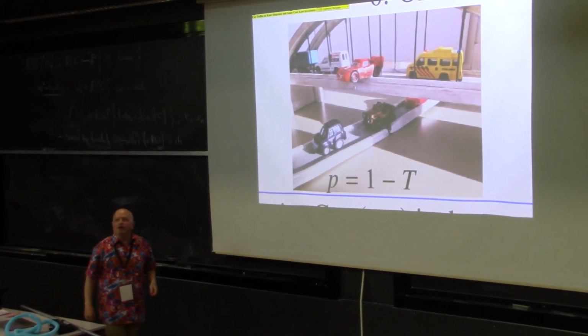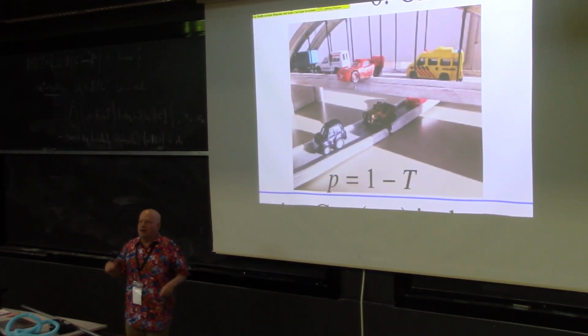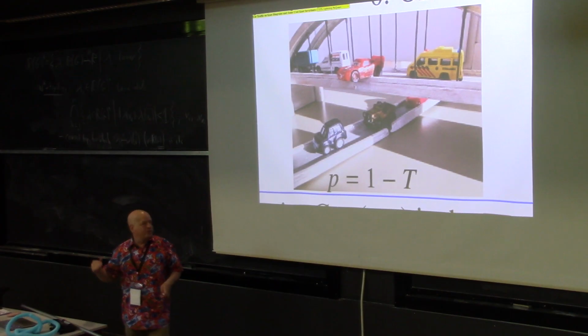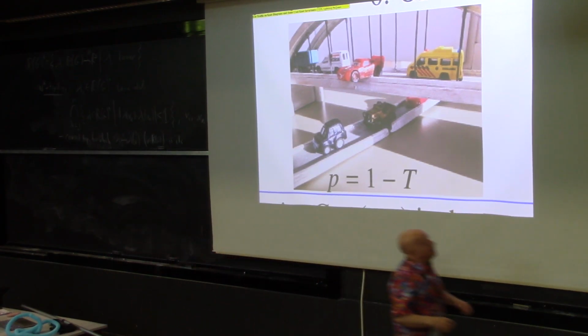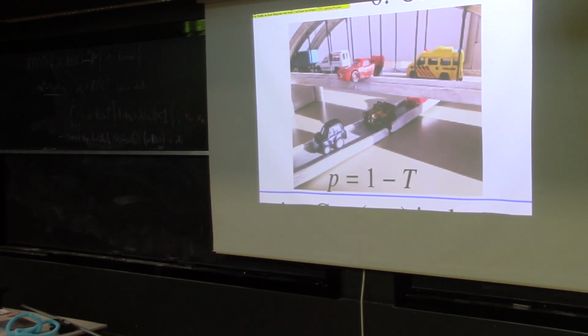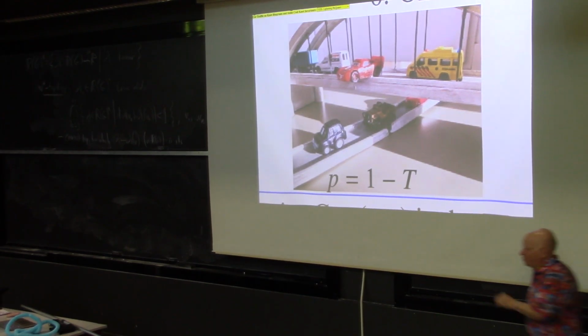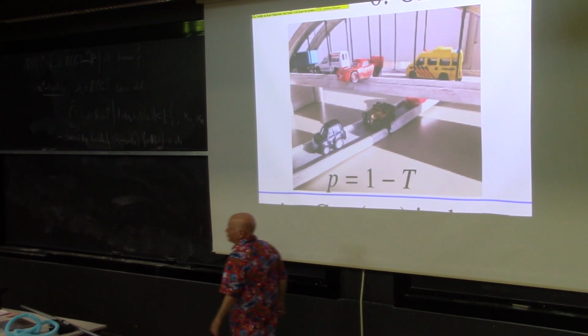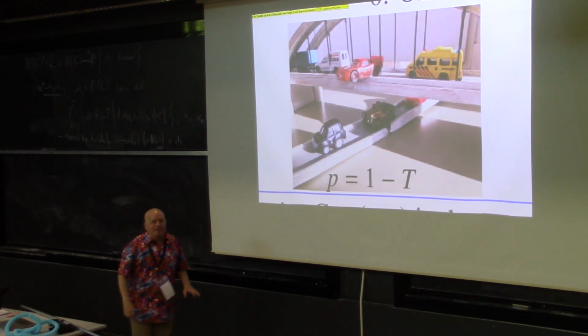So I want to tell you about how cars drive on knot diagrams. I should have said that my knots are always oriented. There is always a direction of flow. So when cars go on knot diagrams, they always follow the direction. They never go against the direction of the traffic. That would be extremely dangerous. You don't want to do it. And